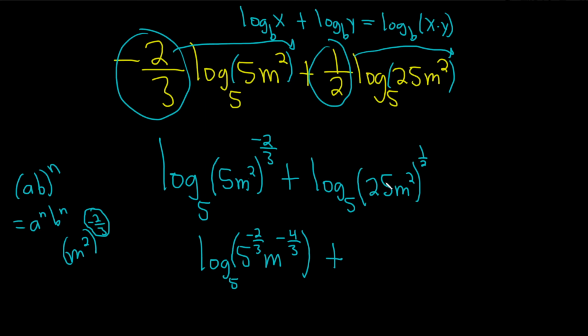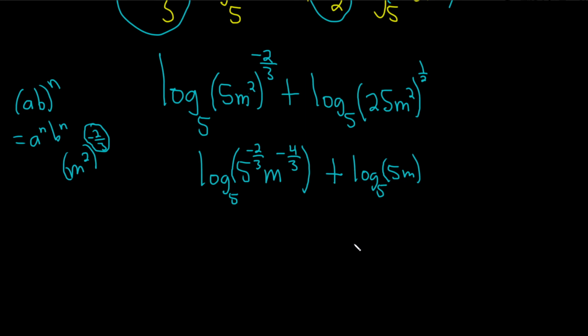Same thing here. We raise each piece to the 1/2. 25 to the 1/2 is just 5, right? Because it's really the square root. Remember, the 1/2 power is the same thing as the square root. So the square root of 25 is 5. And then m squared to the 1/2 is just m. By the way, I didn't say it, but we're assuming everything here is positive, so all variables are positive, right? Okay,